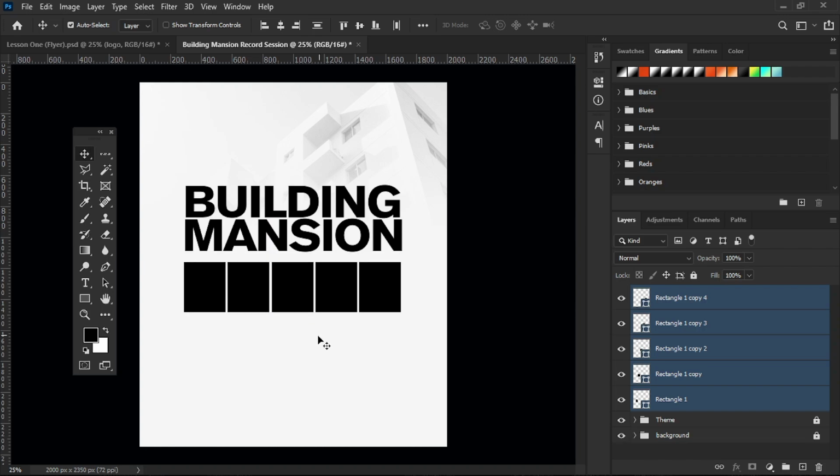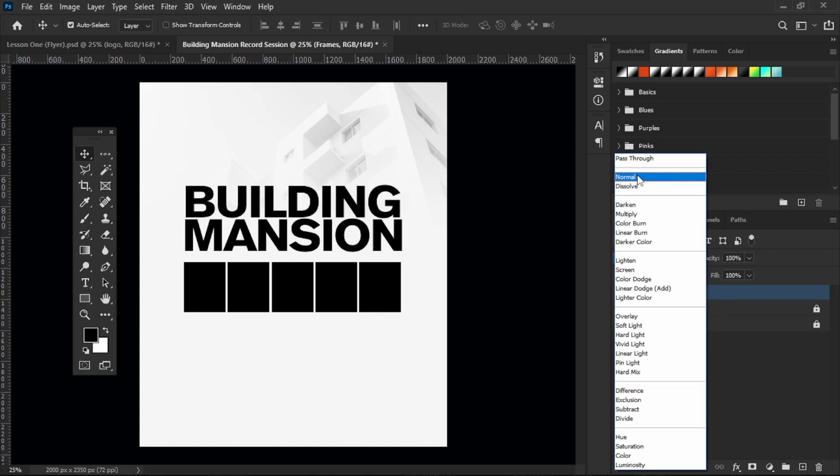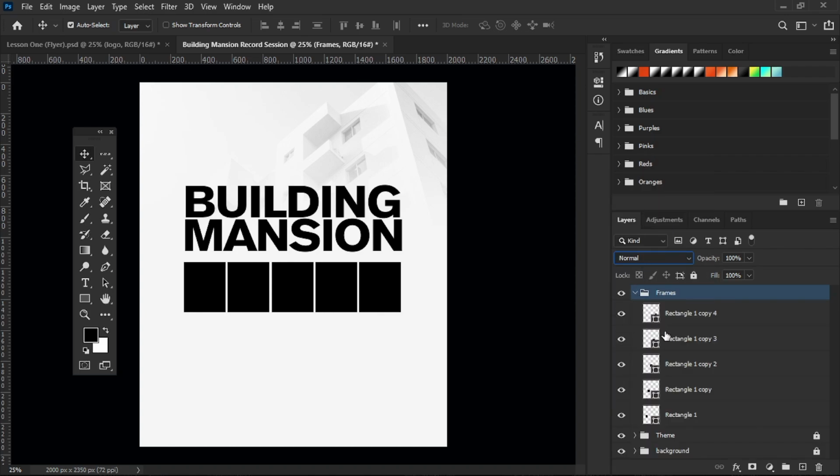So I think it's okay. I love what I'm seeing currently. Now I'd like us to group the 5 images, the 5 shapes, and let's call it frames. And from here let's change our blending mode to normal again, and then right from here let's rename this one